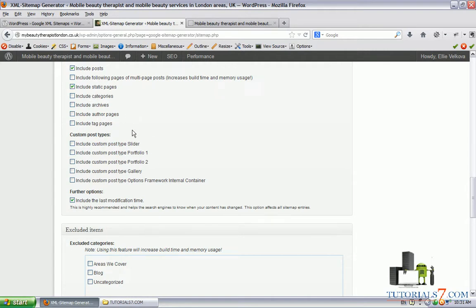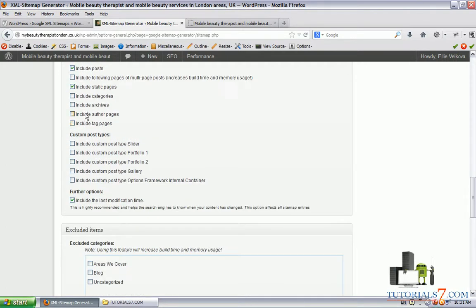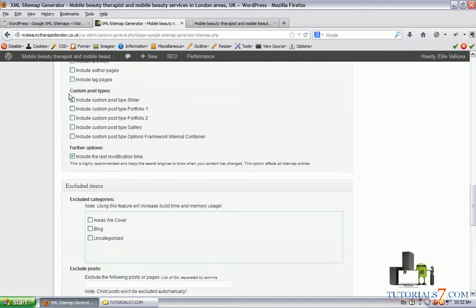Usually I'm not using these ones, so they are not checked. Okay, but I'm using the categories on this website, so I will check this option here to include categories in the sitemap. Also, we can include some custom post types such as slider, portfolio. I have some galleries here, so I will check all these options here.